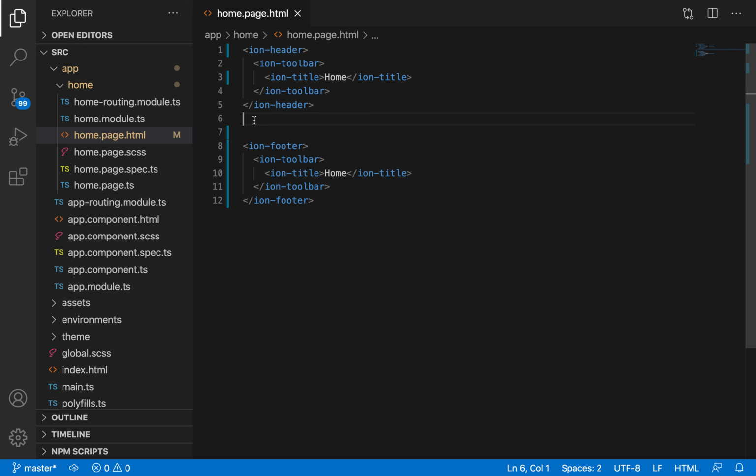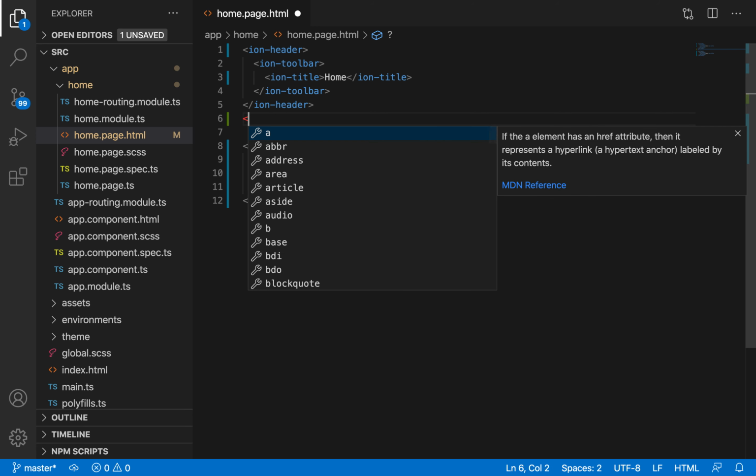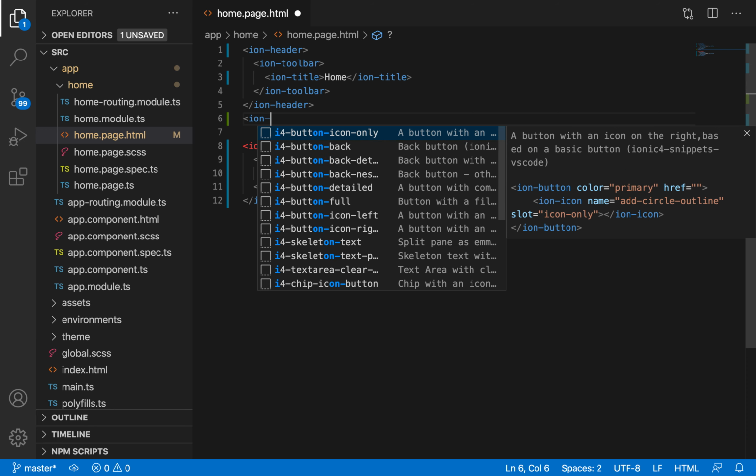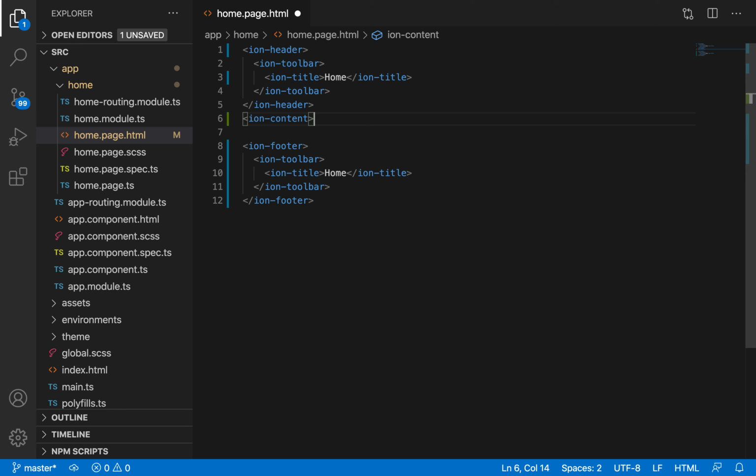When you want to display some data or some tags inside the page, you can use ion-content. So this is the page structure. Basically, you will be having some header, some content, and the footer. In the next tutorials, we will be seeing how to add the side menu and the tabs. But for now, the page structure is a header, some content, and some footer.